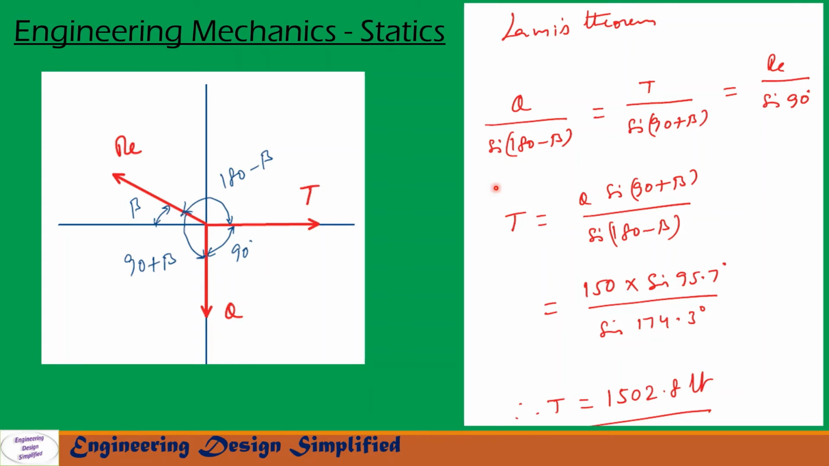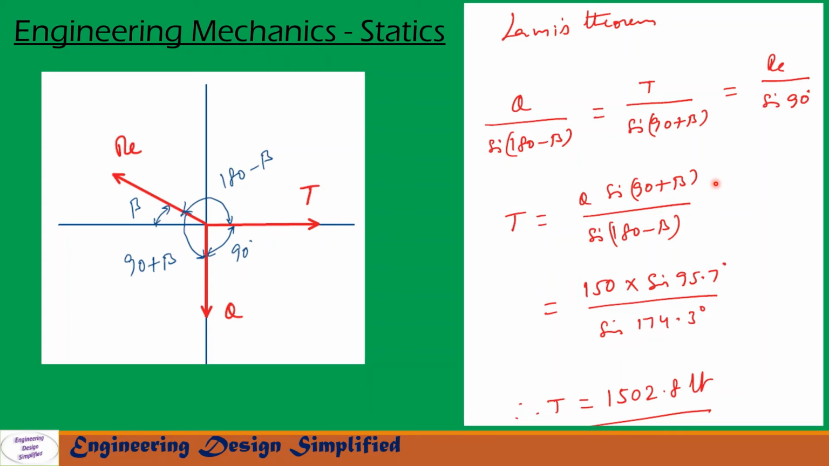Now let us write Lami's theorem. Lami's theorem is Q by sine 180 minus beta equal to T by sine 90 plus beta, that is also equal to Re by sine 90, that is written here. So from the first and second terms we get T equal to Q sine 90 plus beta by sine 180 minus beta. Since beta is given in the problem as 0.1 radian, if you want to convert that into degrees,